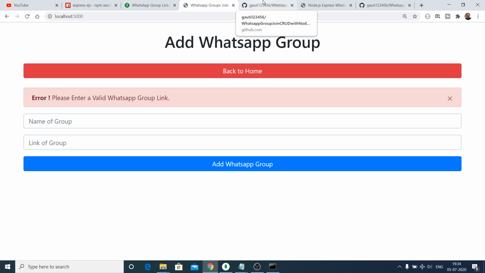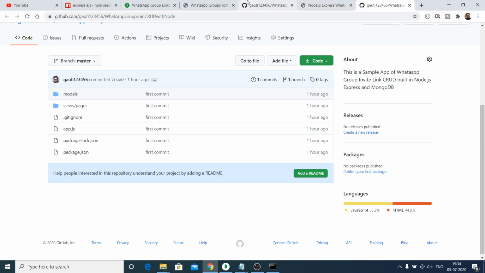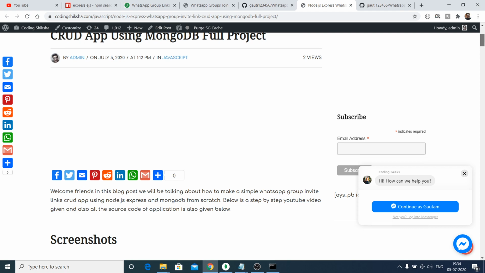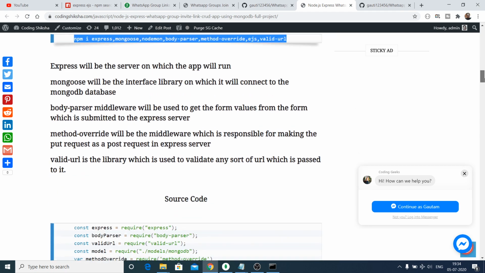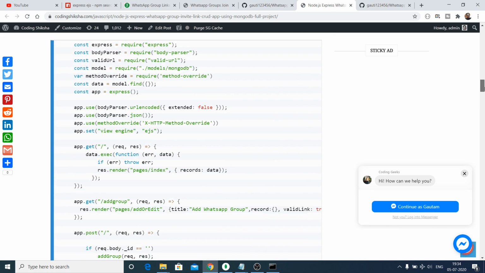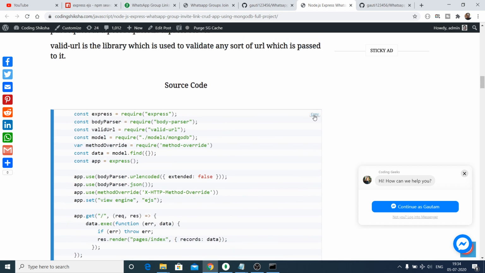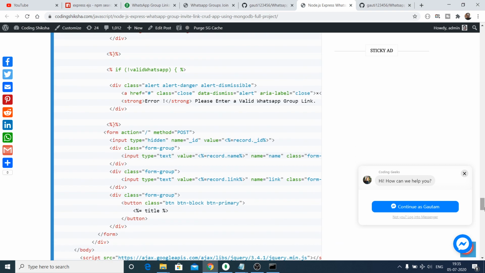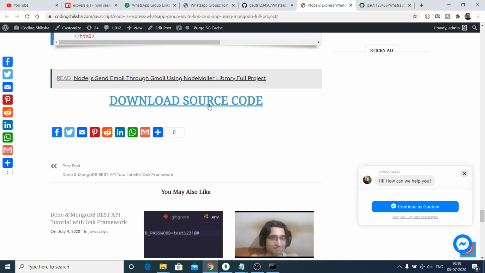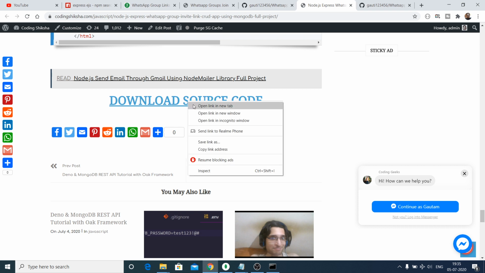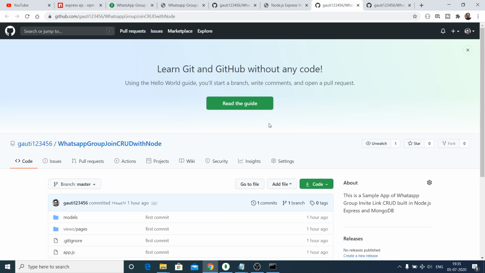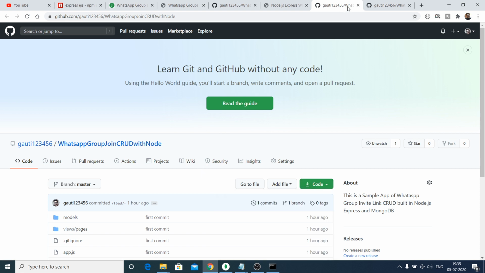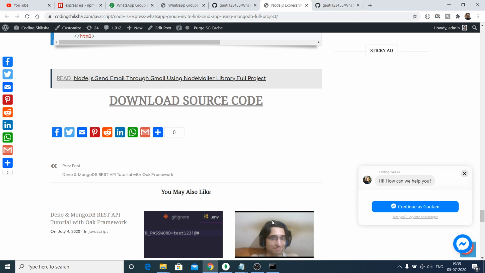So let's get started. All the source code of this application is given in the video description. Go to the video description and you will be redirected to my blog. Inside this blog, all the screenshots are given, all the step-by-step instructions are given, and all the source code is embedded. You can just click the copy option to copy the source code, or you can download the source code by clicking this button at the bottom of the blog post. Click this button and you will be redirected to the GitHub repository. Here you can just download the zip file to follow along with the video. So let's get started, guys, by building this application.